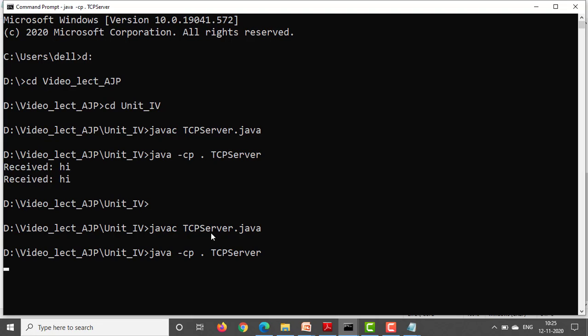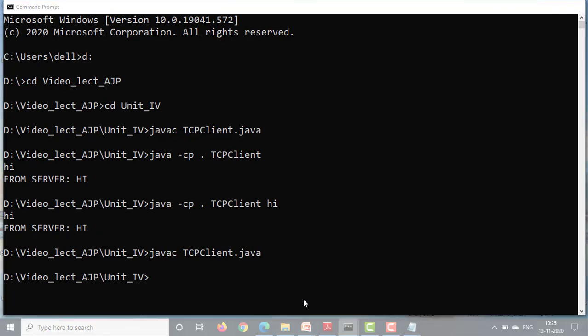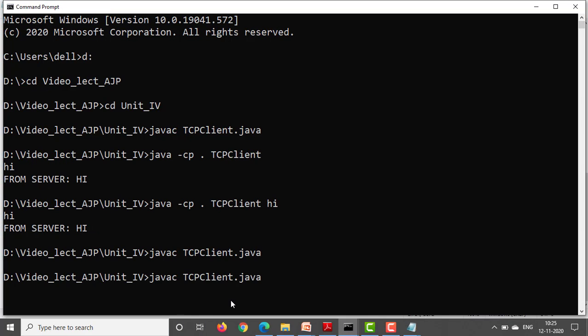So here there is no output, nothing is displayed. First thing we need to execute is the server program. After this we shift to the second command prompt, and from this we send the request to the server. Here, java, execution of this client program. Now I am writing our input to the server: Hi, how are you, like this I am writing a sentence.